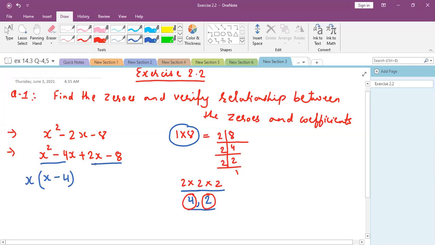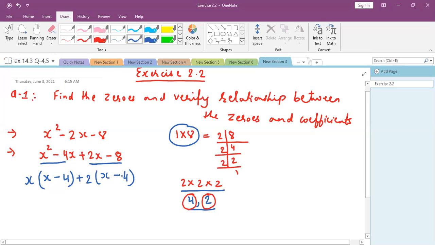Now from these 2 terms, 2x and minus 8, we are not going to get x common, right? Because 2x is having x, but 8 is not having x. So what is the greatest common factor that we can take from 2 and 8? That is 2, right? So if we take 2 common from 2x, it will be remaining as x. And 2 how many times in 8? 4. So we will write 4 here because we have taken 2 common.